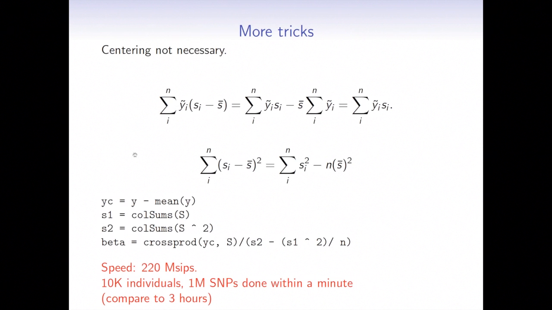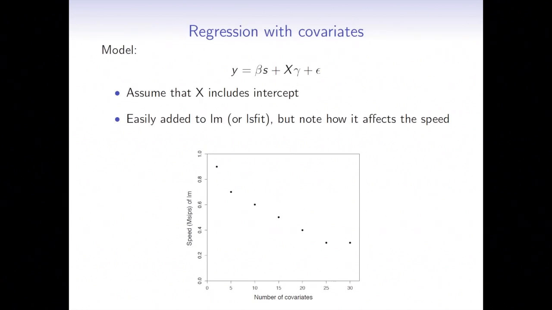So here you see the most efficient way to compute the semi-parallel simple regression in R, and the speed was 220 megasips, and that means that for 10,000 individuals and 1 million SNPs, I would need only a minute to do such a GWAS. And now compare it to the 3 hours that I mentioned on one of my first slides using a standard procedure. So the speed up is enormous, but I'm also a little bit unrealistic so far,